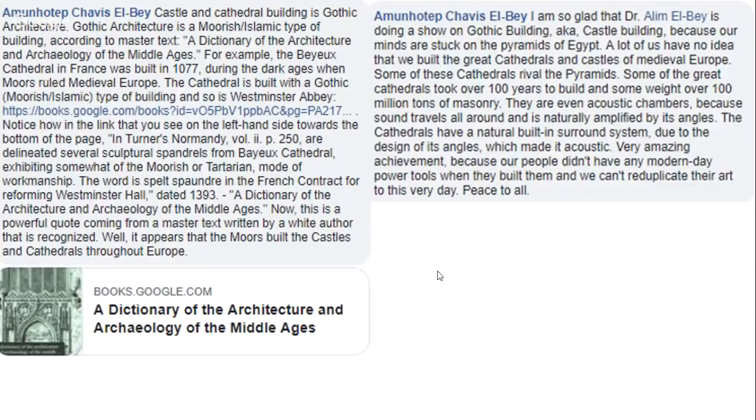of the Middle Ages. Now, this is a powerful quote coming from a master text written by an Albion white author that is recognized. Well, it appears that the Moors built the castles and cathedrals throughout Europe. All right, so we know that for a fact that the Moors built the castles and cathedrals throughout Europe. That means they were not originally churches. Those was originally mosques. All right,